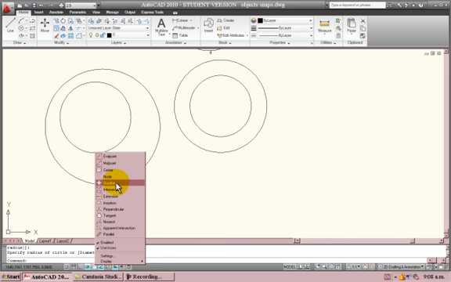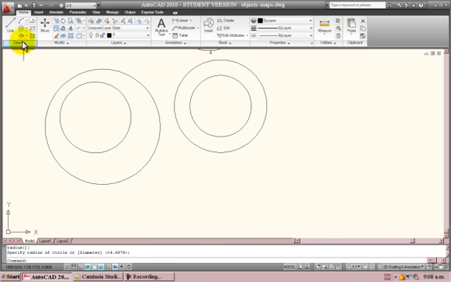So for instance, with the circle, we can go for the quadrant. So if I was to draw a line, you can see straight away that it will snap straight to the quadrant on any one of these circles. How useful is that? If I want to draw a line which will connect these two together, okay, so we'll go up, we'll select our line from there to there, skip that, another line from there to there,